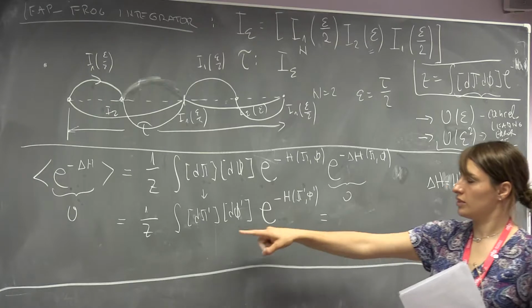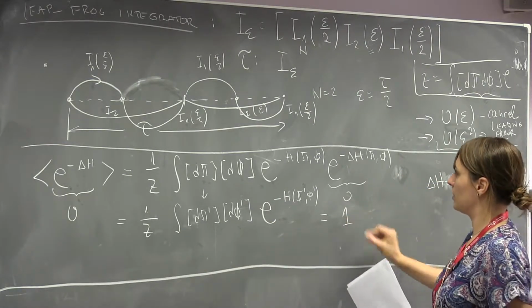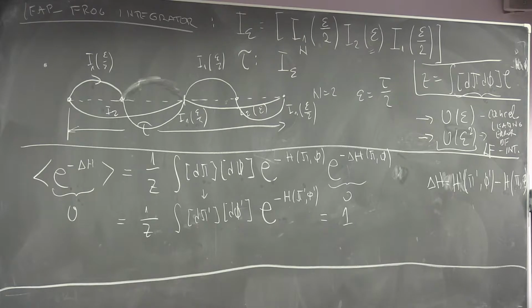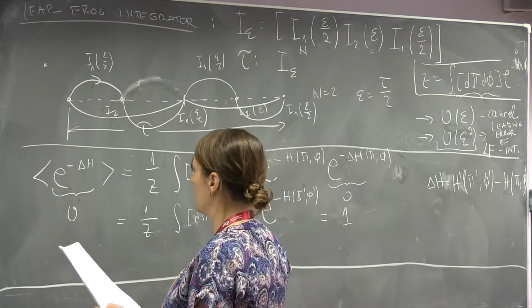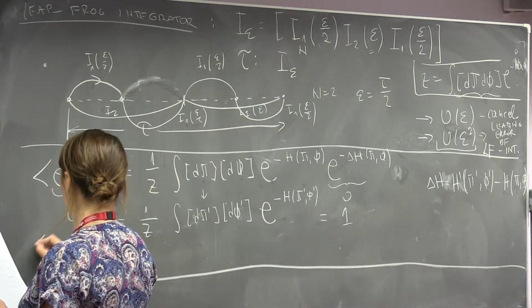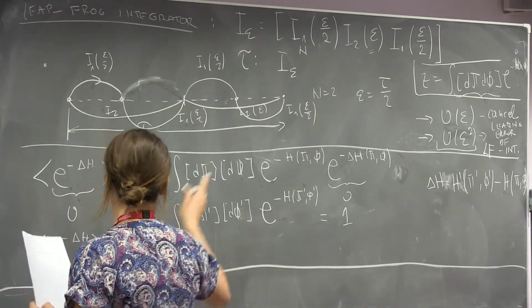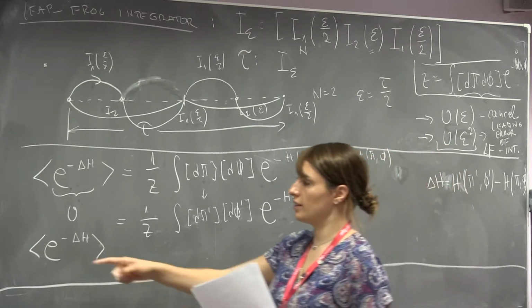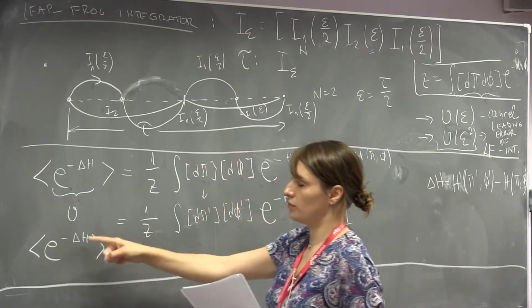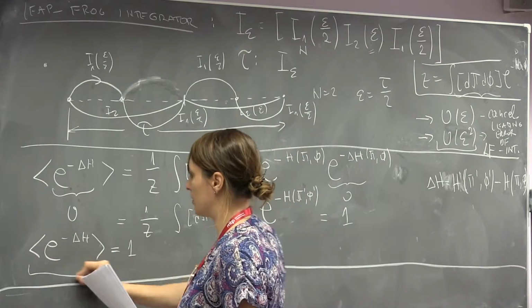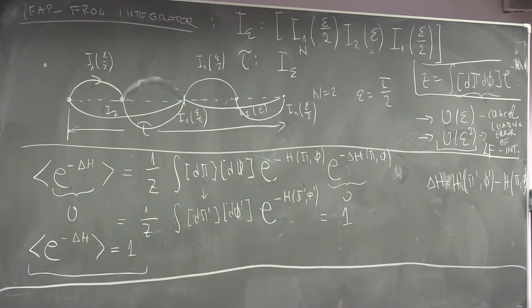So this is Z divided by Z, and we get 1. So if the integrator is area preserving, then the expectation value of e to the minus delta H is equal to 1. And combined with this condition here that we have in the hybrid Monte Carlo algorithm, this actually ensures